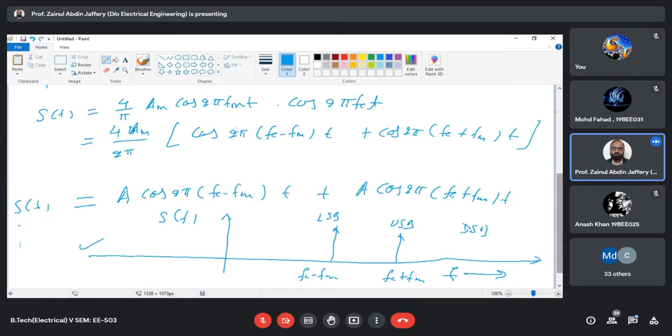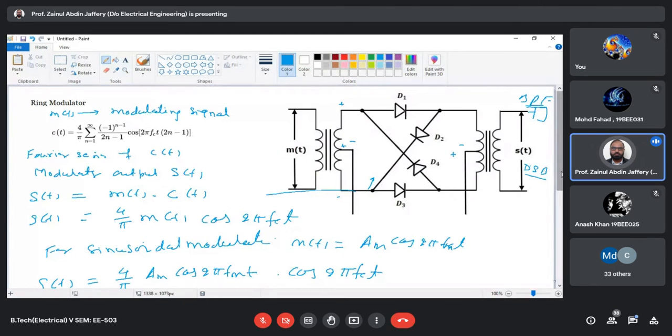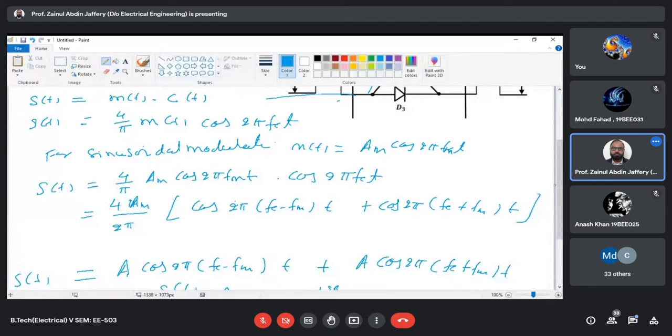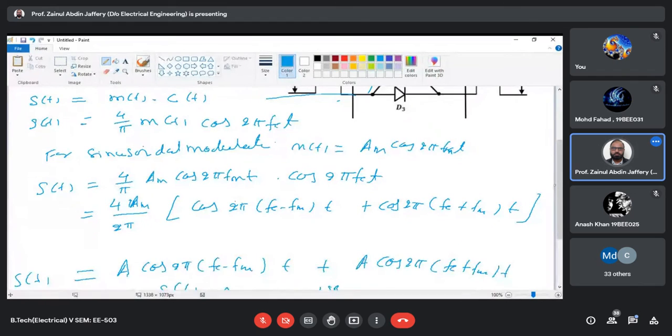Okay, and okay, so I think any question in that? Any questions in that? No, sir. So let us see, go for the second kind of modulation. So for that